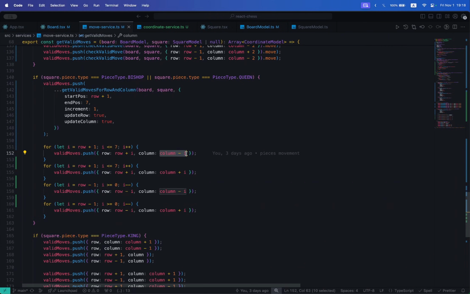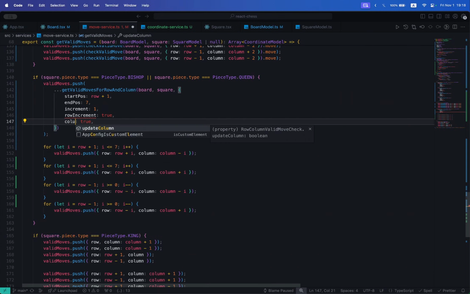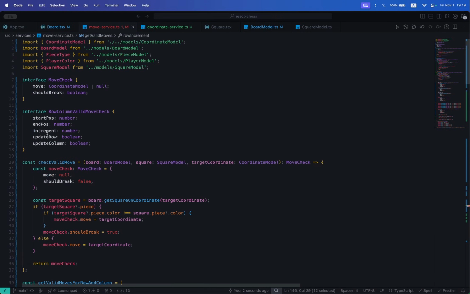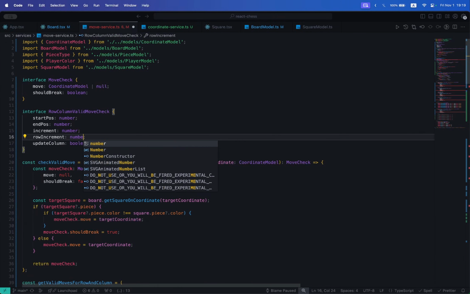How can we make the column go into the inverted order? We could create an enum to specify if we want the row to go up, down, the column up, down, and stuff. But a simple way is, instead of calling it update row, I'm going to call it row increment. And also have then the column increment. Instead of being a boolean, it's going to be a number, which I'm going to say 1 or minus 1, like this. Bring this to our type, so number,